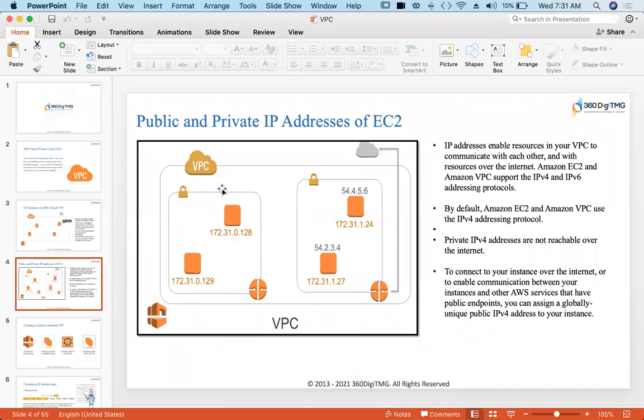VPC is your own virtual private cloud, we can say. What is cloud? Cloud is virtual access of AWS data centers, because we are using the AWS cloud. We can call it a virtual private cloud. So in that virtual access also, you can have your private cloud, a private network.